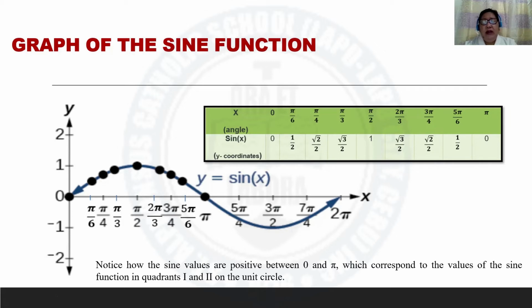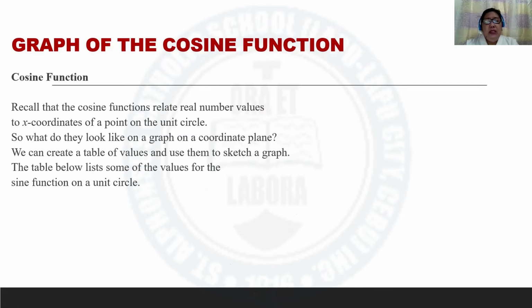You can also graph the one in the third and the fourth quadrants. So what do they look like on a graph of a coordinate plane? We can create a table of values and use them to sketch a graph. So the table below lists some of the values for